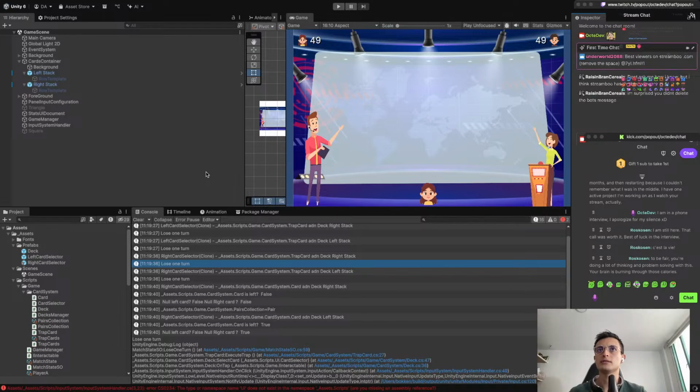Visual cards. I'm gonna just get rid of this here, and I will say visual cards c equals to this. So I initialized my list, and then I need to know